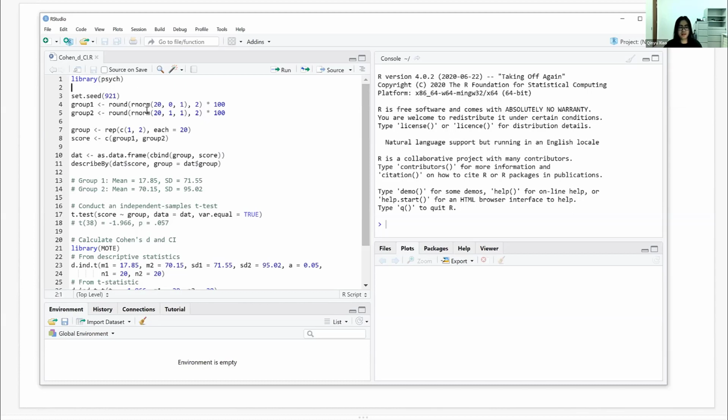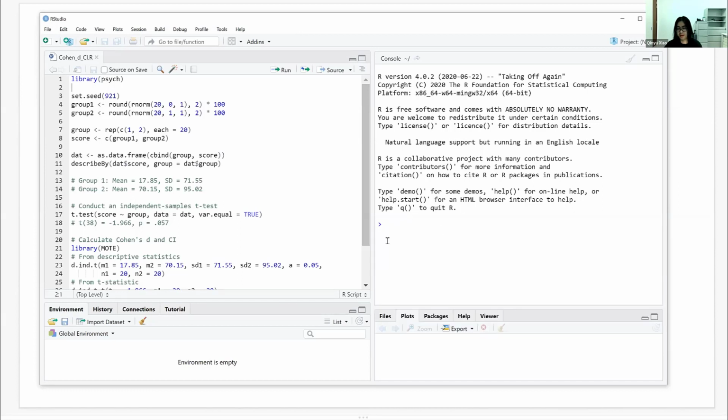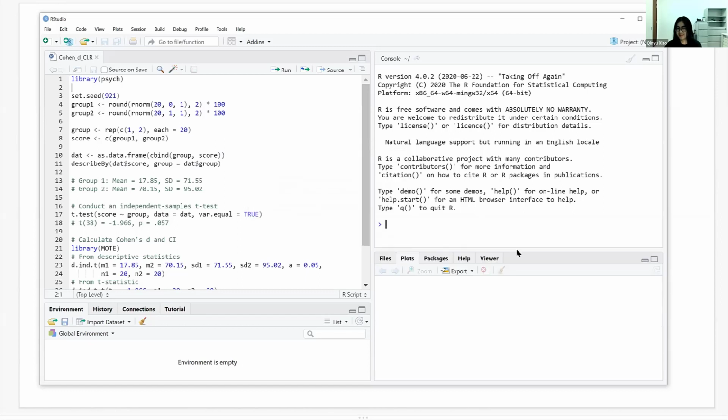So this is the interface of RStudio. We have a toolbar. We have an R script here, which basically is a text file of many lines of code. We have our console here, where we can type one line of code each time, and we get the output each time after we run that line of code. We have this environment pane where all the variables that we have are displayed,